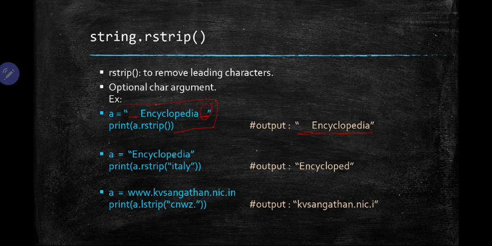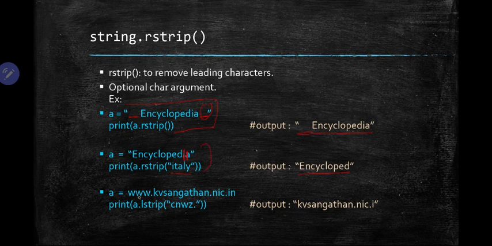Now from the encyclopedia, I use rstrip italy. So we will start checking from the right side. First we have a, which is present inside the substring also, so a will be removed. Next we have I in the string, and I is present in the substring also, so I will also be removed. Next we have D, but there is no D inside this substring, so now all the characters will be printed as it is. So this string will be the output of this function.